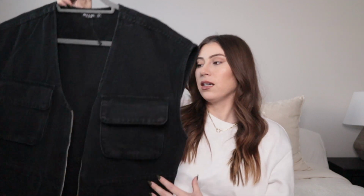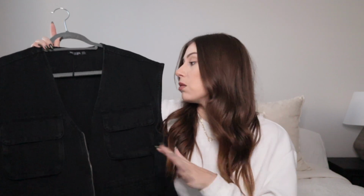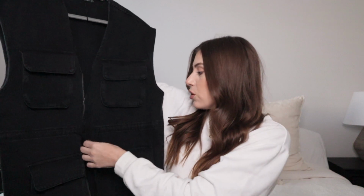I got this in a size 8. And it definitely is oversized. I would say that you can go true to size and it would still be oversized. So if you're looking for an even baggier look, I would definitely size up, but just be aware that it is already a baggy fit. I really love it. It has these drawstrings, so if you wanted to make it tighter and cinch the waist,